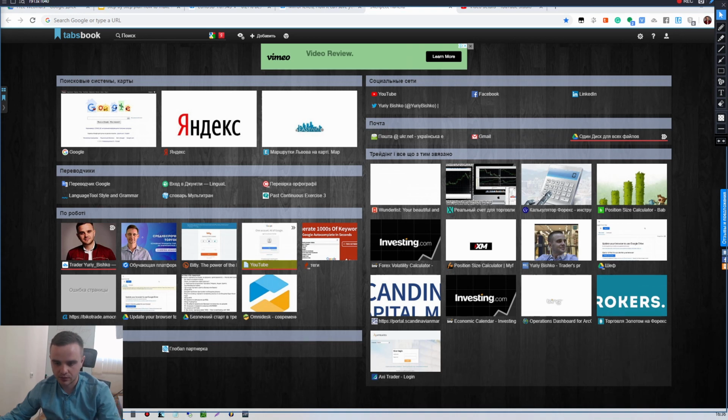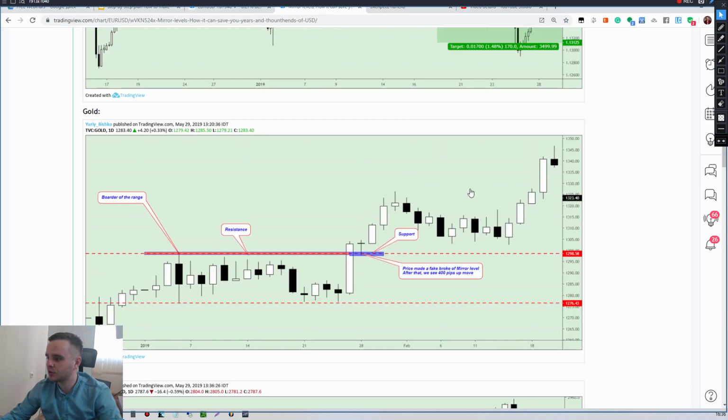The difference between zone and level: first, a zone could be 5-10 pips. A level is one price, one exact price. When you open an entry, you will not be able to open an entry in a zone. There would be one price where you put the order, the trigger. That's why it's important to have one entry. Once more, about key levels, I sent you the lesson in the description. Save it; after this lesson, you need to watch it.